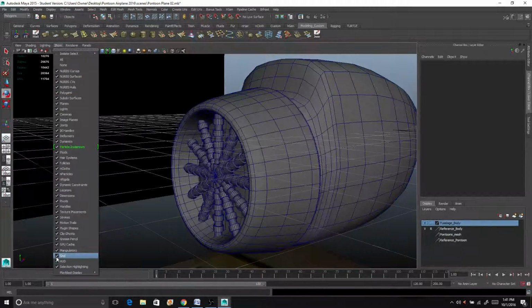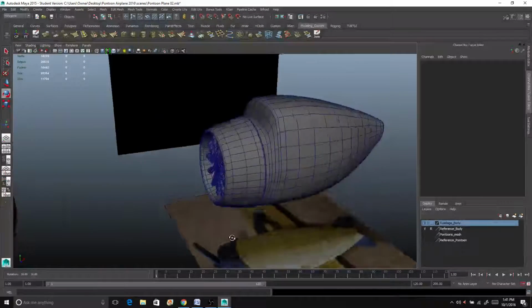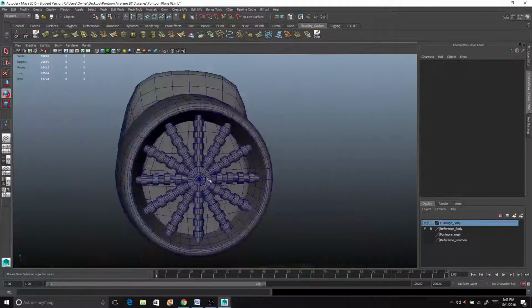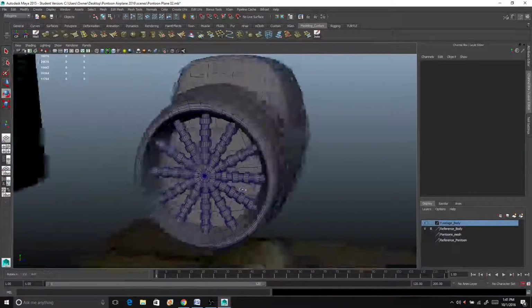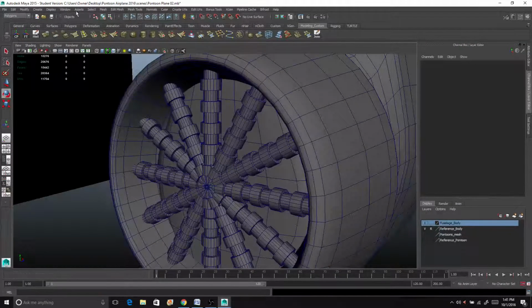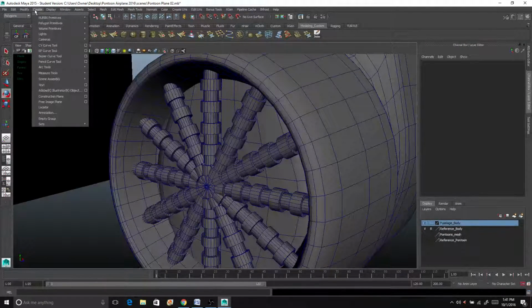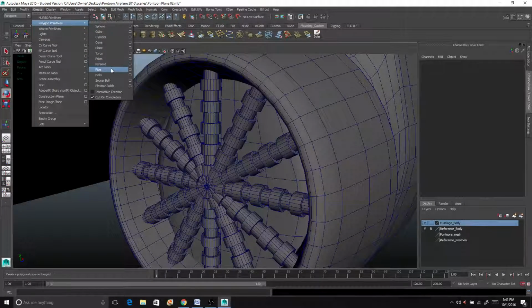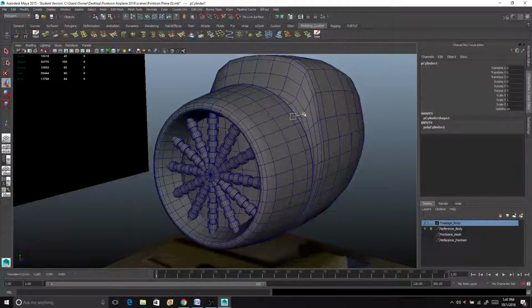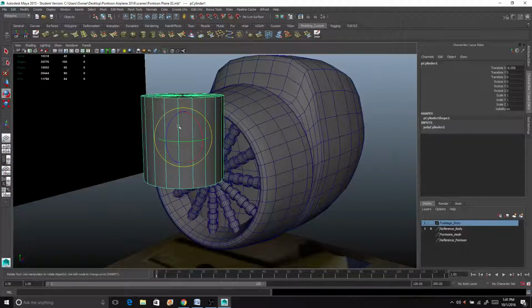Turn grid off. Grid's starting to annoy me. Okay, so the inside of the engine is taken care of. Now I need to make the nose and the propeller. So the nose I'm going to make out of, let's see here. You can use a lot of different things, but I think that using a cylinder still would be the best option. Could just use a sphere, but